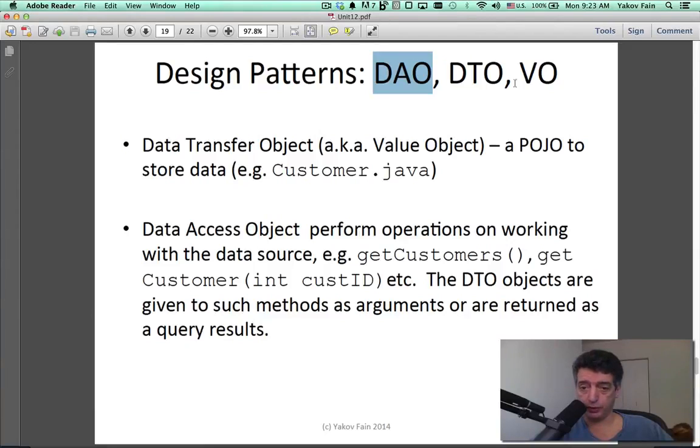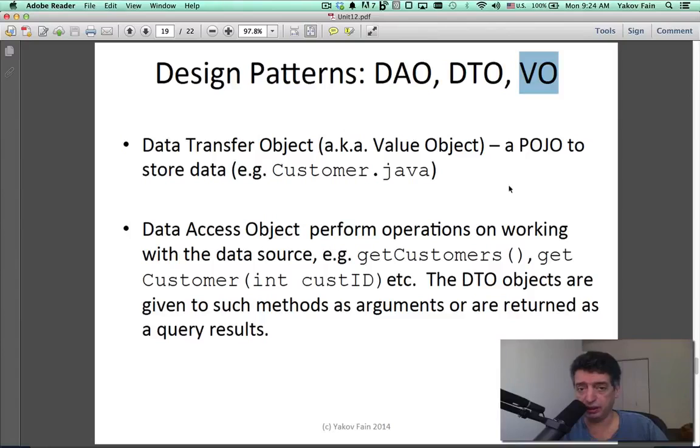Also, when you are using a Data Access Object, you need to pass some data to it, or maybe you need to get some data from it. How is this done? This is done using another design pattern. The data itself that you are passing to or from the Data Access Object, in the past they used to call it a value object. You just create a class that represents an entity that you deal with. For example, an employee. You create a class. In there, you specify fields that